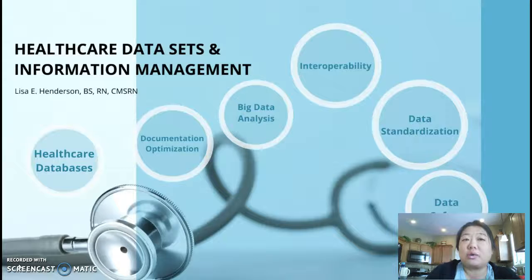In just a short time, electronic health records have been able to collect a significantly large amount of data regarding patients' personal health information. And we are always seeking ways to optimize our electronic health records. So this means taking a closer look at those who use them the most, specifically nurses, who are our largest user group. So one of the things that we are looking at is documentation